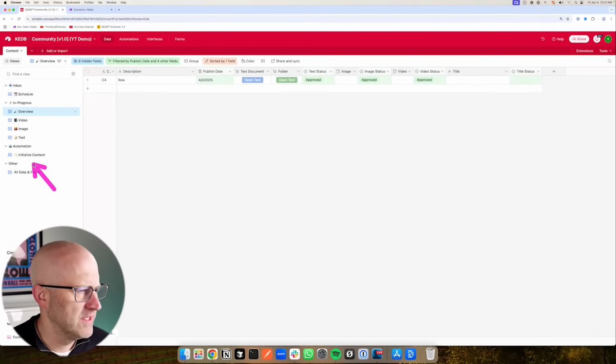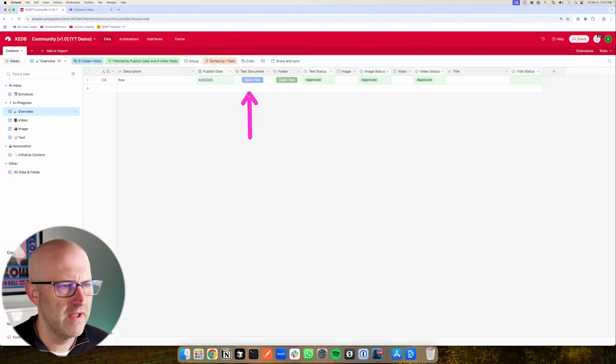All right, so the first automation we're going to create is to initialize our content. And by initialize, I mean, if we're going to have a document and a folder available for this piece of content to actually do some work, to store images or anything that we want related to this piece of content, outside of these attachment fields. Maybe we're storing original content that was recorded, and this is just used for the final content, whatever that is. We're going to need to create an automation that runs and actually creates and attaches the document and the folder